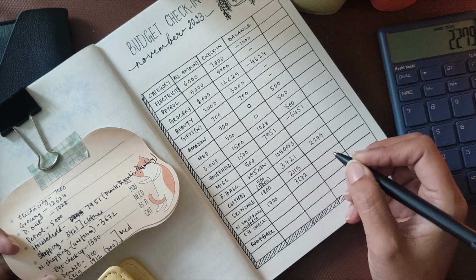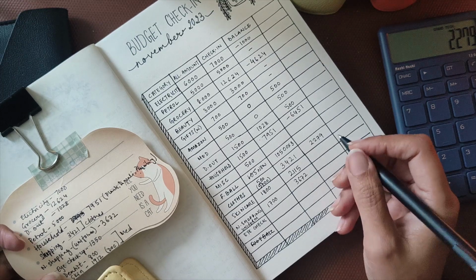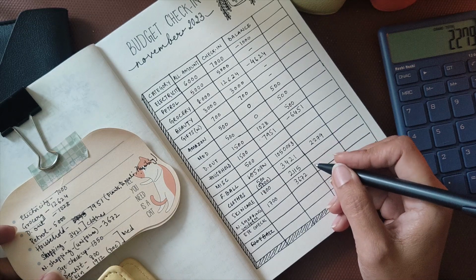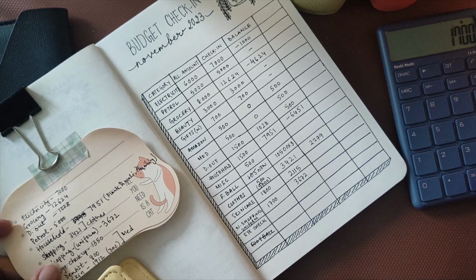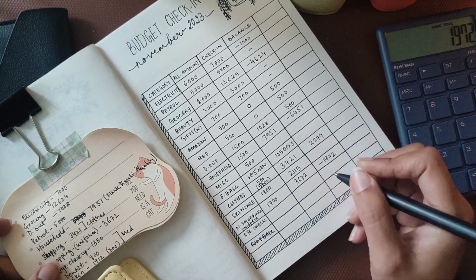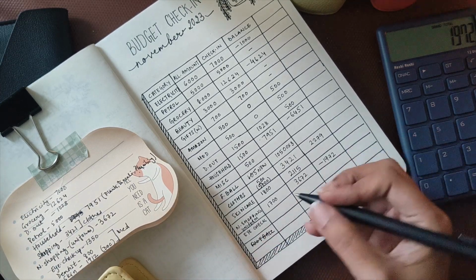because I had to buy 2 pairs of his uniform which fits him, and then one of the winter uniform as well. So again here I am in a negative balance, which is minus 1972. So let me see if I can fill it up from his spending, if I can